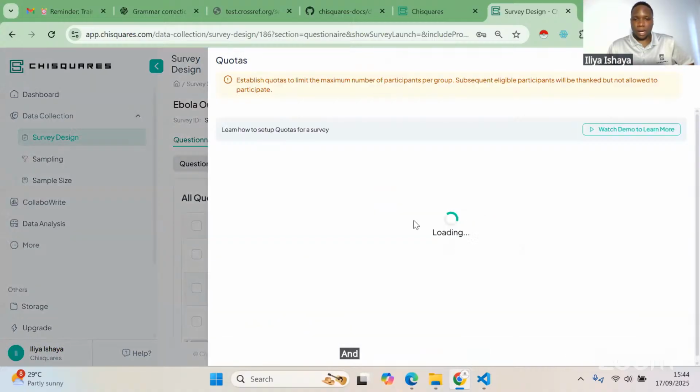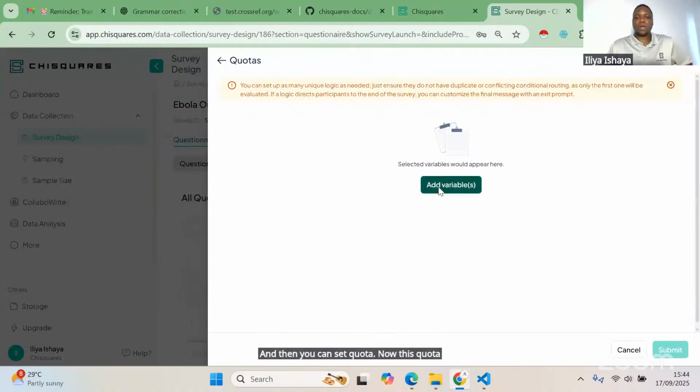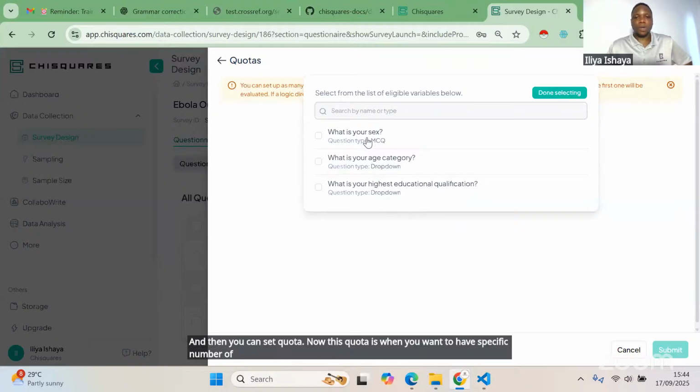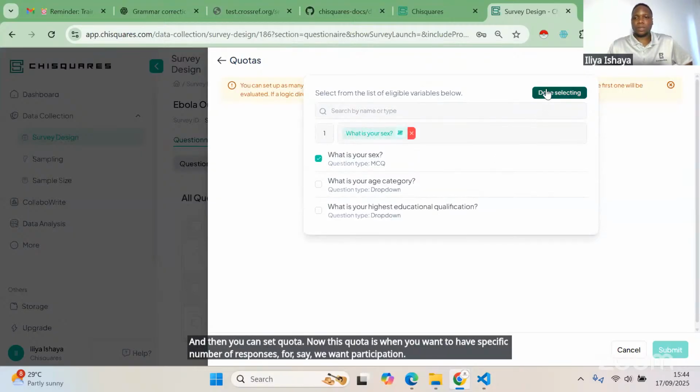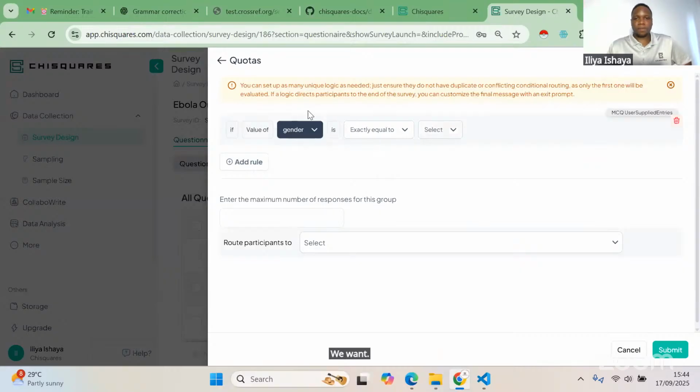And then you can set quota. Now, this quota is when you want to have a specific number of responses. Say for this question, if gender is exactly female, we only want 20. What this means is, when the 20th female takes the survey, another person coming cannot take the survey, right? So when the 21st person comes, the platform tells you, oh, sorry, we've met our quota for this survey,